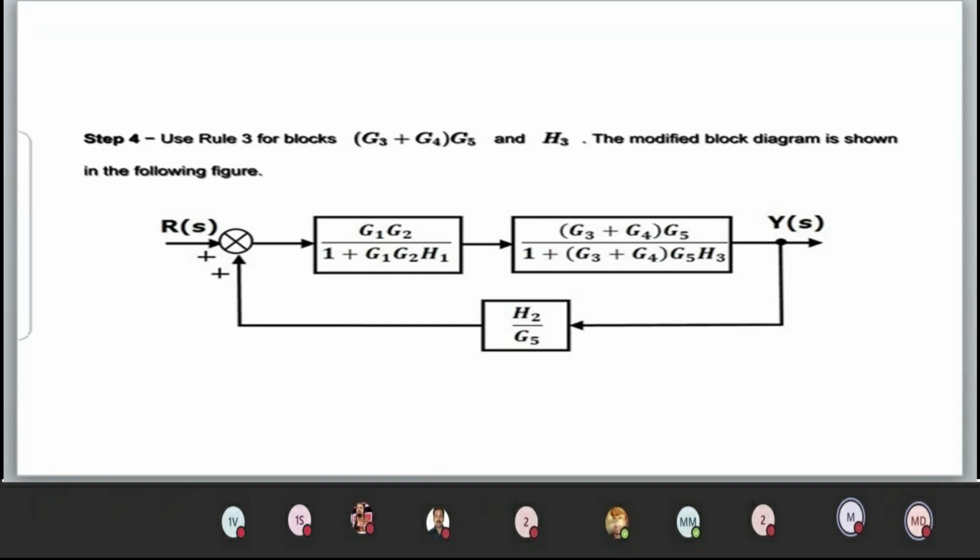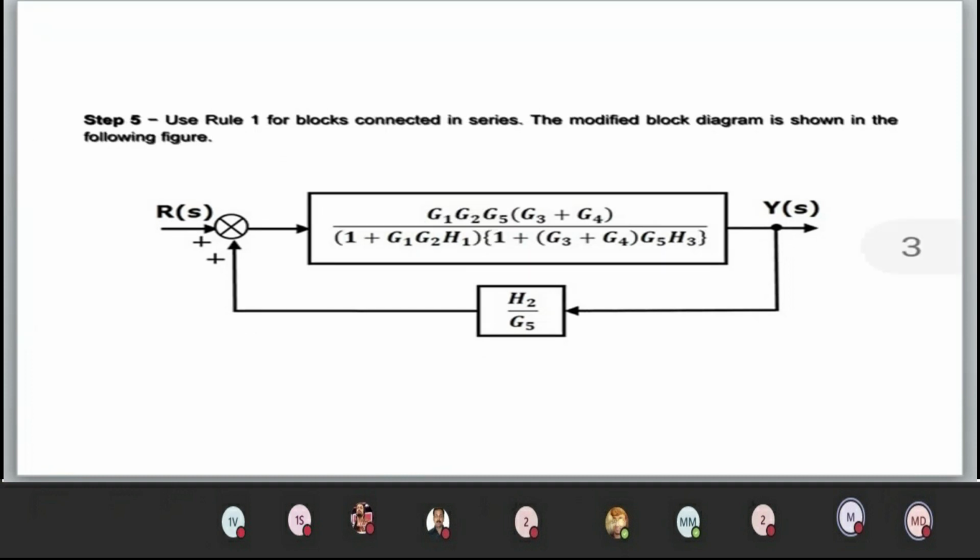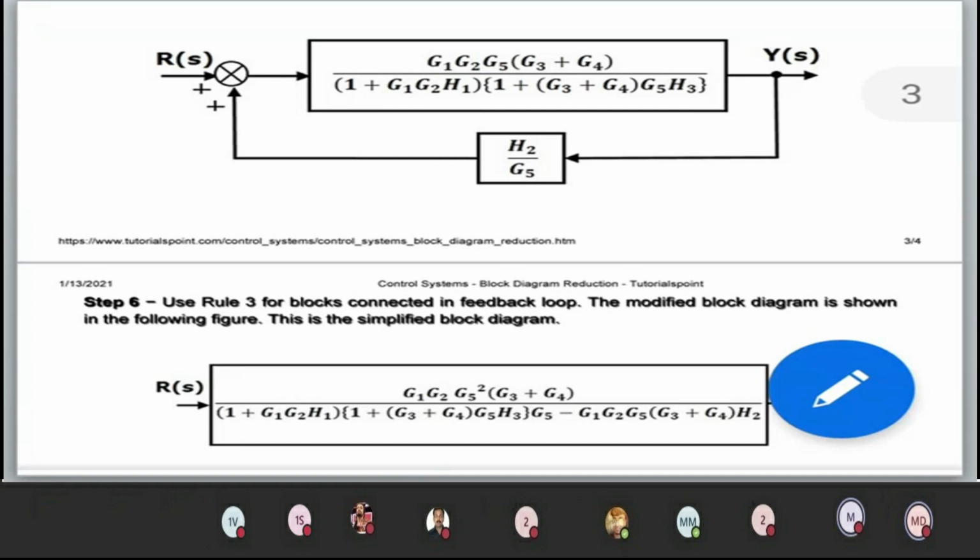This is the final step. You have the 2 blocks in forward as cascade. Just multiply and eliminate H2 by G5. It is positive feedback. Take care. Okay. Positive feedback means G divided by 1 minus G of H. Right. So this is the final solution. Okay, so you have a positive feedback H2 by G5, so minus H2 by G5, and after some simple calculation, you're getting the result, which is very simple.